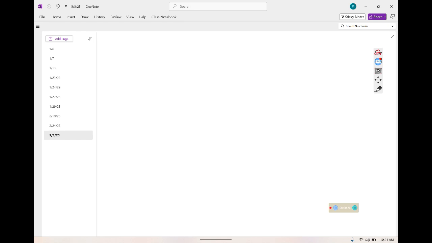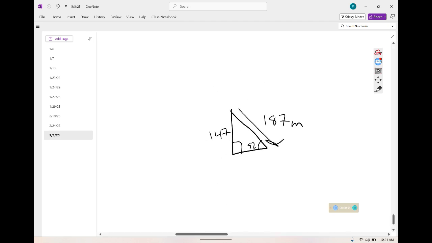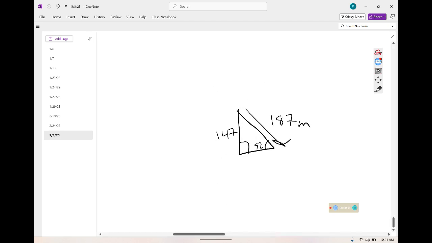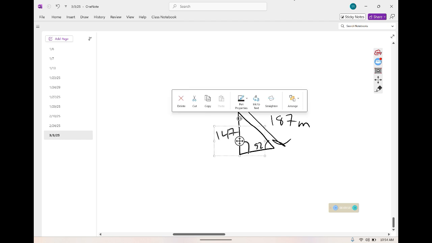So where did we leave off yesterday? Specifically, what were we doing? I know, the pyramid problem. Okay, so we just figured out that if this is 147 and this is 52, the distance the block is sliding is 187 meters, right? Now, I'm going to back up a little bit to make sure everybody's on the same page. Remember what we were doing was that